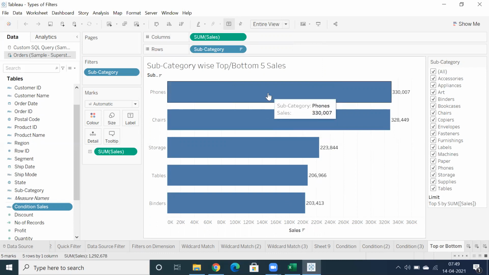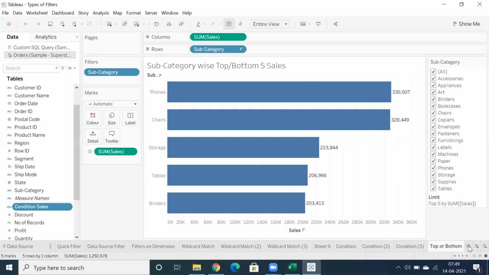If you want to showcase top 10, top 15, that is not possible straight away using filters. So we have a concept called parameters. We can create parameters and make use of dynamic ranking functionality, like top 10, top 20, top 30, or whatever the number. So I'll showcase that. So this is what we discussed in the last class.